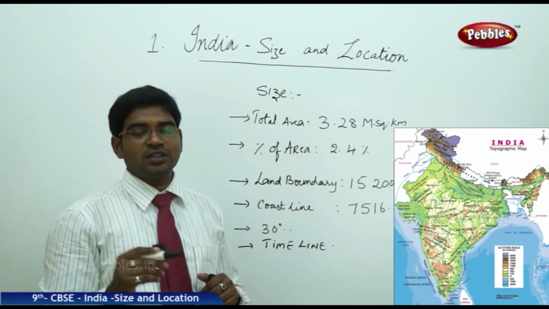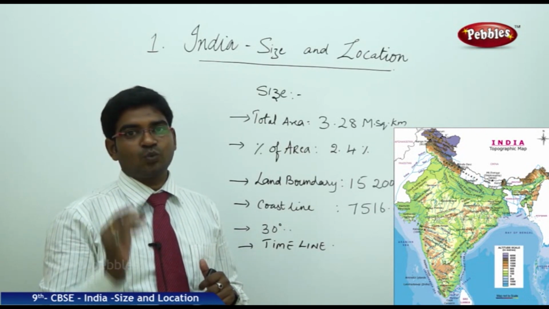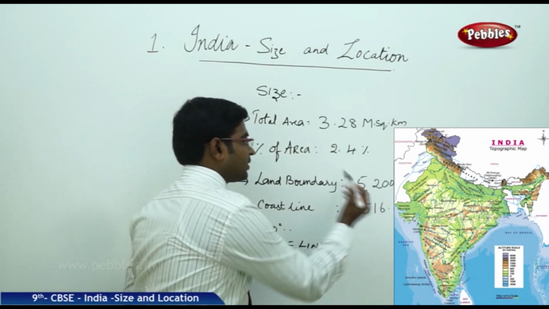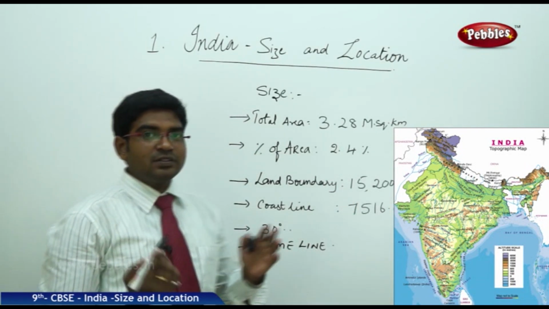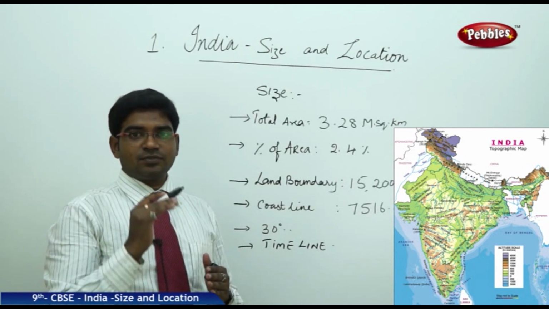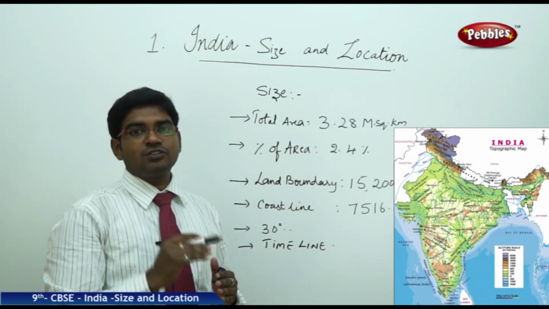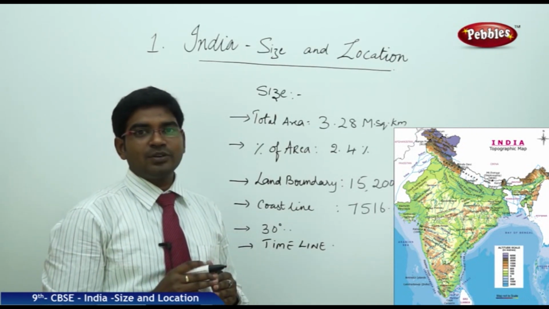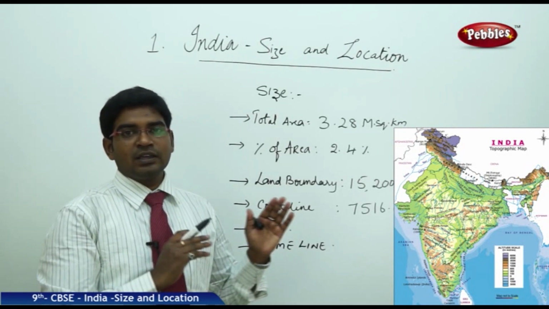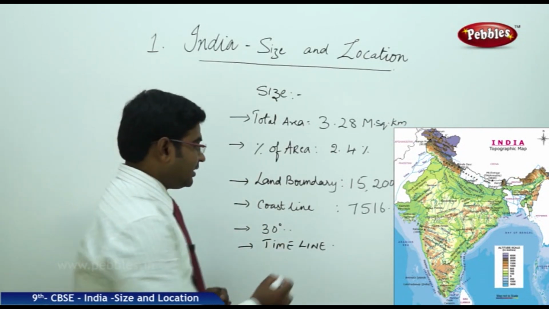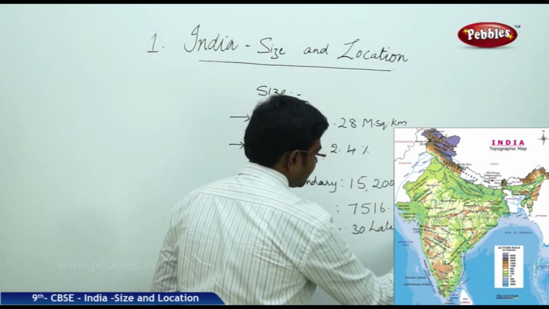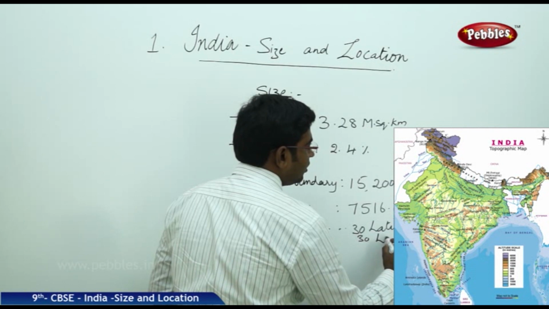So that's why the coastline is just 7,516 kilometers, while the landmass is nearly 15,200 kilometers. Now, when we observed the location of India, we clearly mentioned that India's latitudinal extent is from 8 degrees to 37 degrees, while the longitudinal extent is from 68 degrees to 97 degrees. So it clearly reveals for us that we have nearly 30 latitudes and 30 longitudes